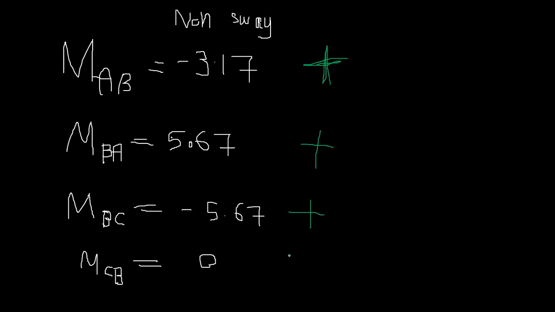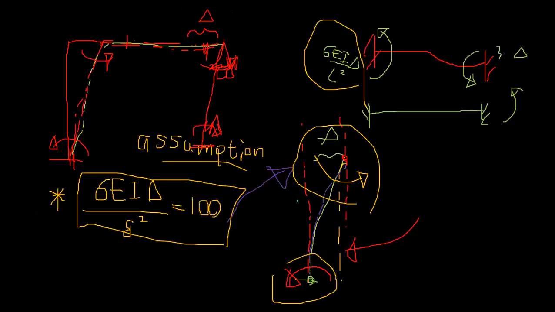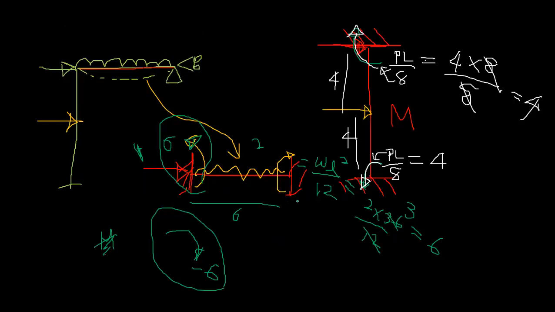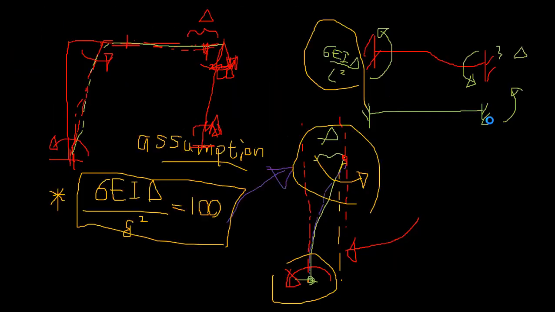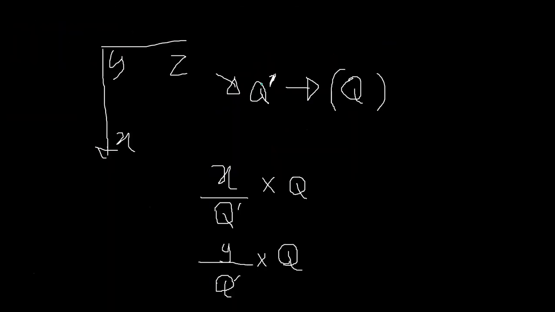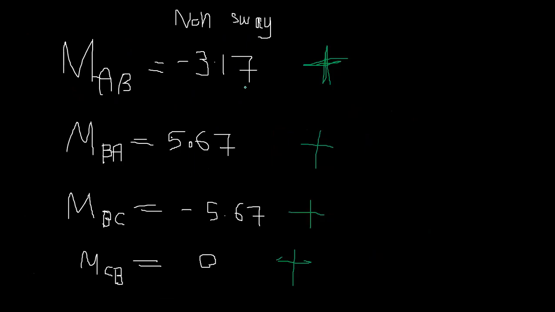This adding means we are superimposing these two structures. Once you superimpose, this Q force will be cancelled, right? But this is the original Q value, right? These are for the original Q value, Nonsway frame, but the sway frame